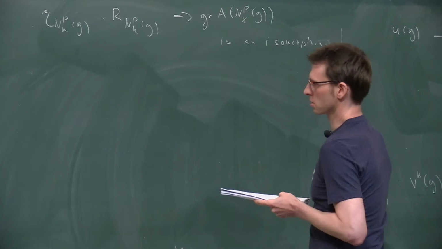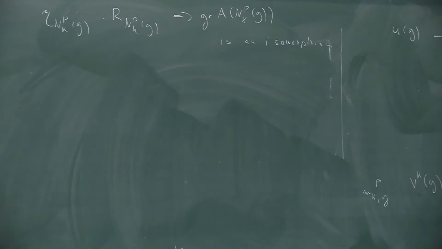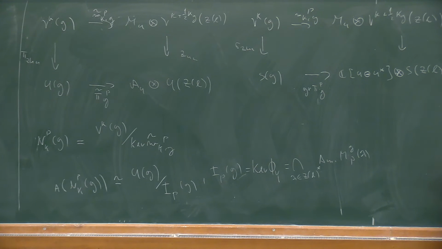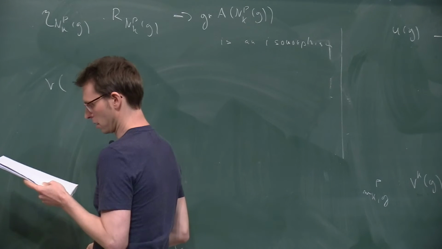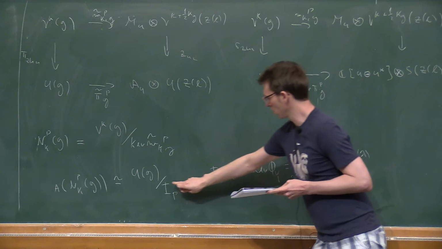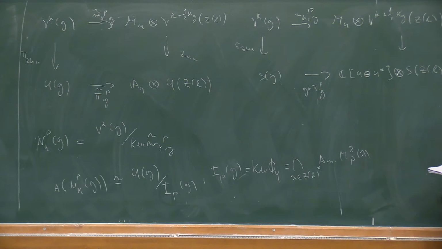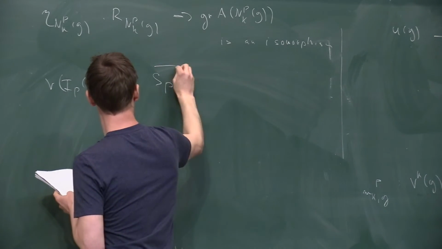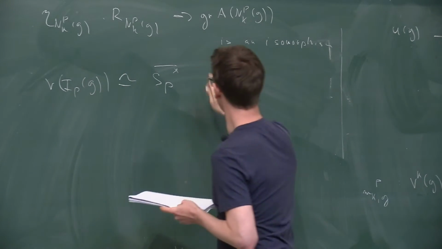Which means that, because we know the associated variety of this two-sided ideal, as I said previously, is isomorphic to the closure of a Dixmier sheet,